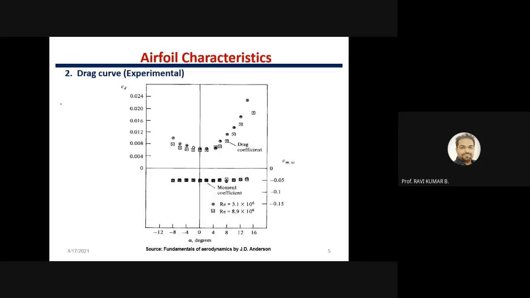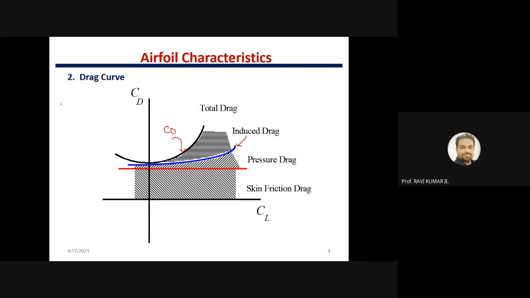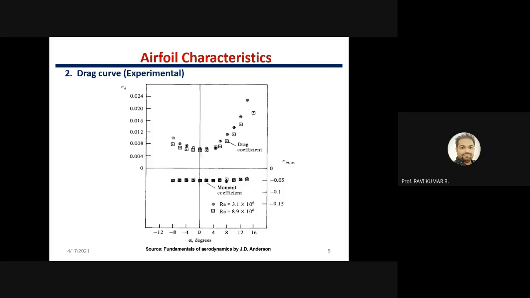So this is the experimental data, and this is the theoretical one. Theoretically, we can represent it in this way by an equation. Then experiments were done on the airfoil, and you can look at how many points they have drawn. The behavior is coming out similar to what we see theoretically for total drag. The experimental curve is also similar to the theoretical drag curve.